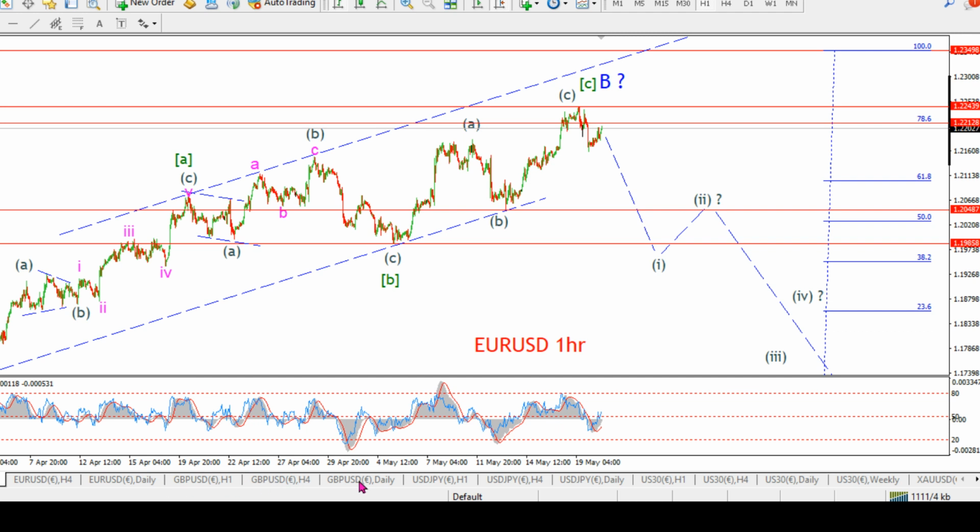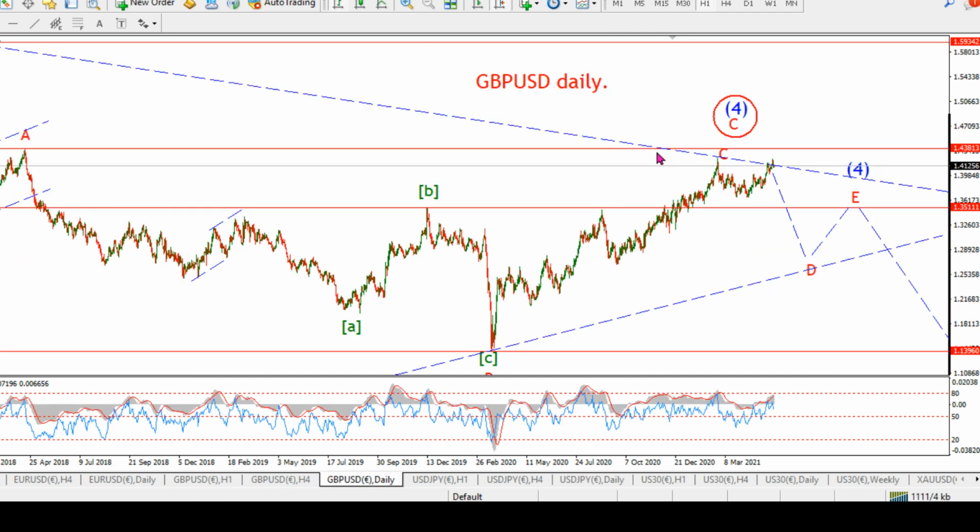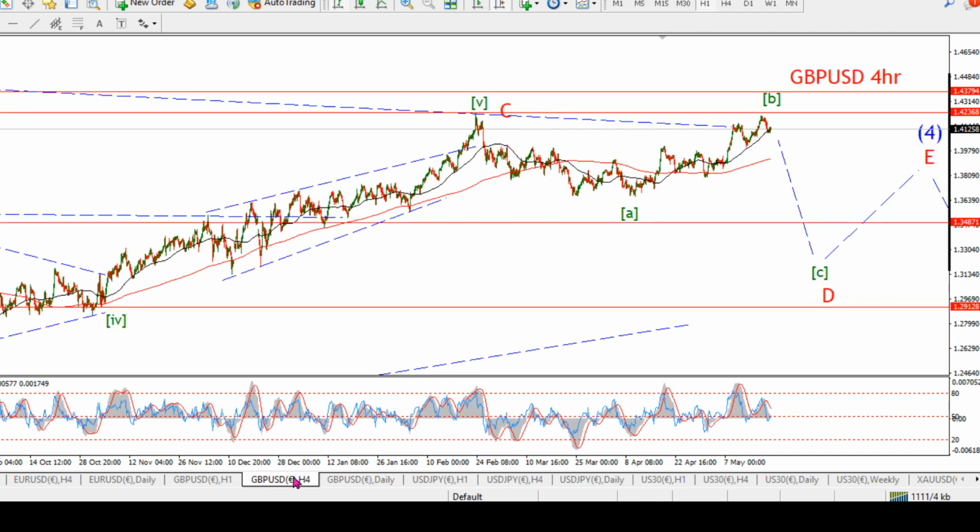Okay, so let's move on to cable. Cable is the same thing. We're tracking this contracting triangle. It's a fourth wave in this scenario. If we go to the 4-hour chart here, we can see what's happening. I've been looking for a while for this D wave, the same wave, different place in the structure, but the same scenario. Let's say 3 waves down into a wave D, and we've come so close to invalidating this week